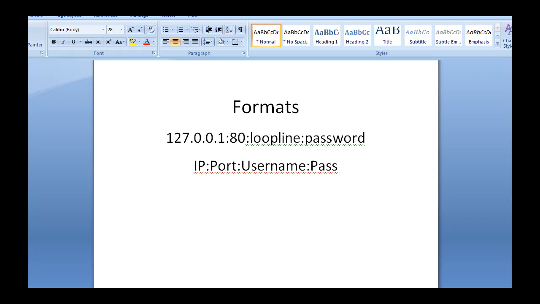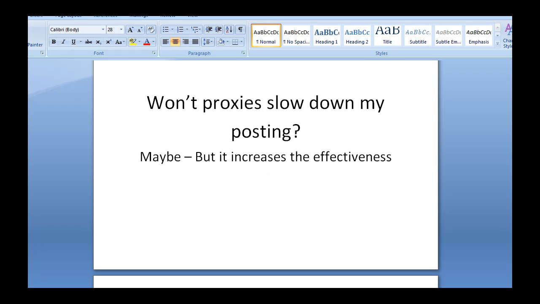Formats. I'm forever hearing people ask, how do you do formats? So some people buy proxies and they need passwords, or if you just get a proxy or whatever, this is the format. Your IP address number, your port, your username, and your password. So IP, port, username, password. A lot of times when you buy proxies, you might put in whatever username you want and then whatever password it generates. But this is the format to use.